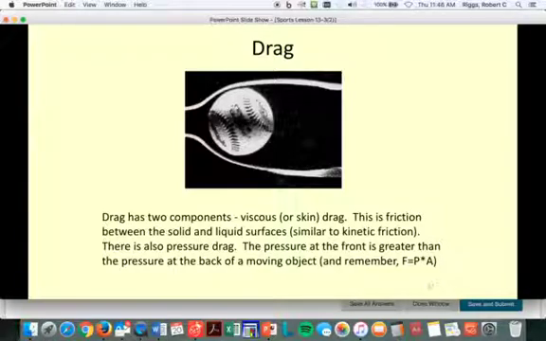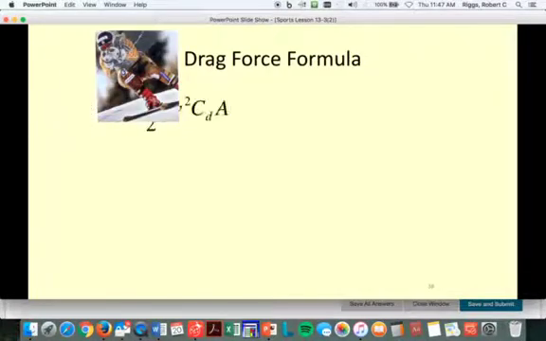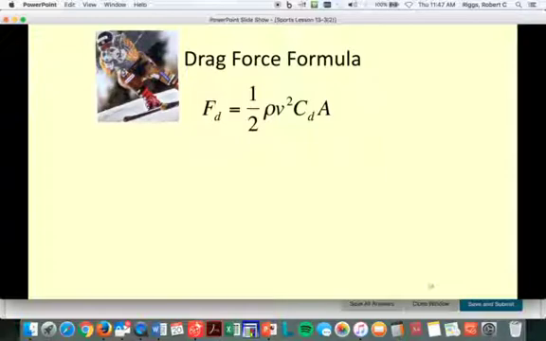Remember that the force is equal to the pressure times the area. So the pressure at the front is greater than the pressure at the back, so you get the force divided by the area. And so you've got this drag formula. You're going to solve the drag formula for the Franz Klammer run,